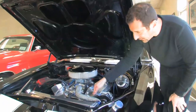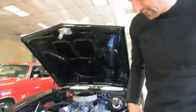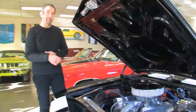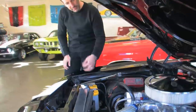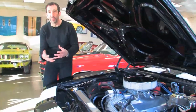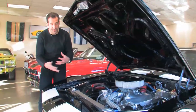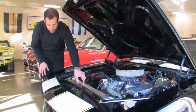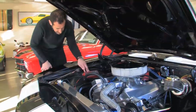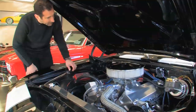This is how you adjust the alternator here, reservoir tank for the power steering. Things like this, it's like little stuff, may not seem like a big deal. Regular battery is $100. Optima battery is twice that amount. And the only reason I point some of this stuff out is, you know, this is where somebody who builds a car for themselves versus a car that they're just looking to flip and sell is invested in all of these things here. Beautiful, polished aluminum radiator, polished cap, MSD box, still the new wiring, blaster coil, Painless wiring there,